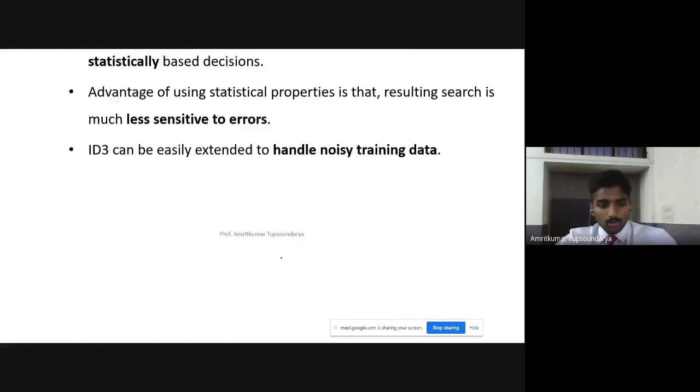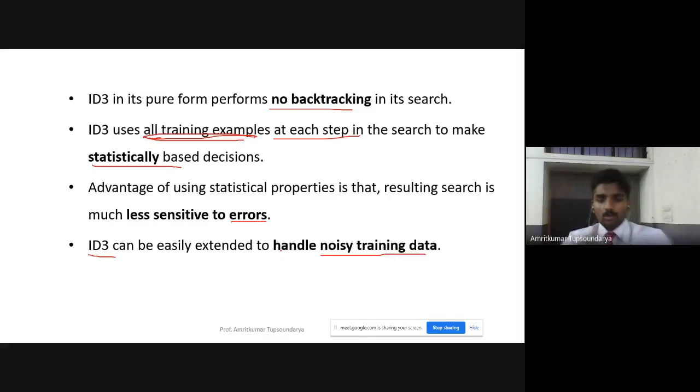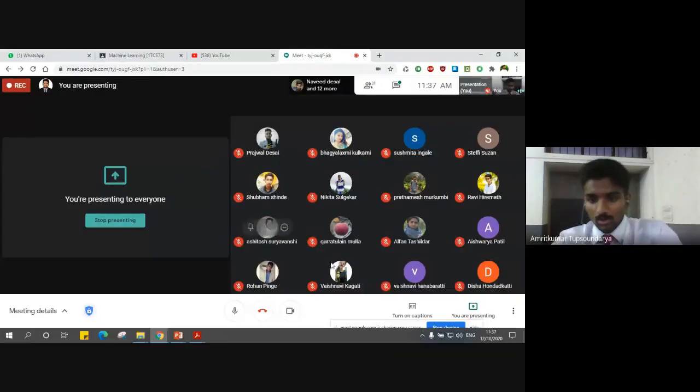Right, so I hope you got the overview, or the holistic view, of the ID3 algorithm. What is the ID3 algorithm? What is a decision tree? How to represent a decision tree? How to construct a decision tree? How to select a root node? How to descend down the tree, by selecting the best classifier, by computing the entropy and the information gain, and so on. I hope the concept is clear, but still, if you have any kind of doubt, the session is open for doubts.